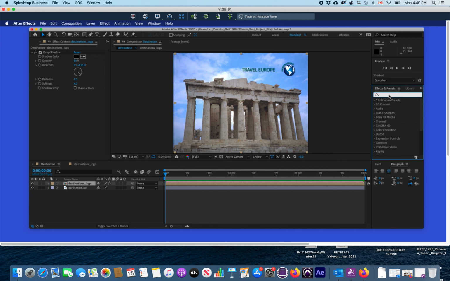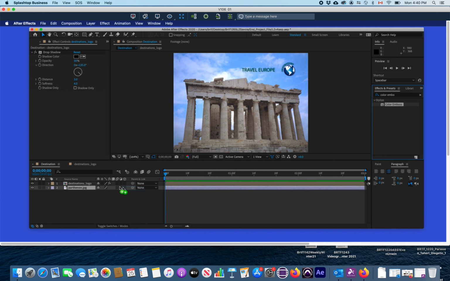So in that little search window up there, we'll type in, and you have to use the American spelling of the word color. It doesn't recognize the Canadian spelling, but there's this Color Emboss, which is the effect we want to use. So all I'm going to do is take this Color Emboss and drag it and drop it right on that